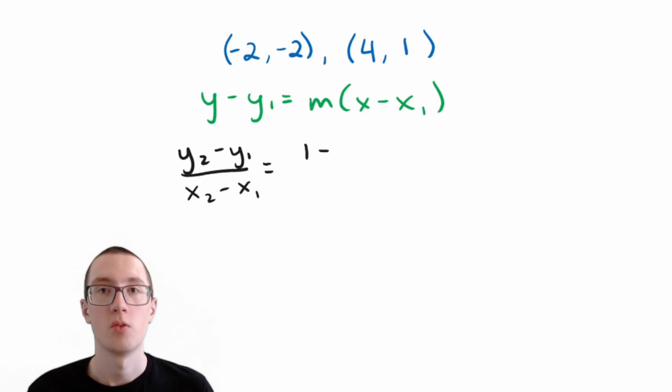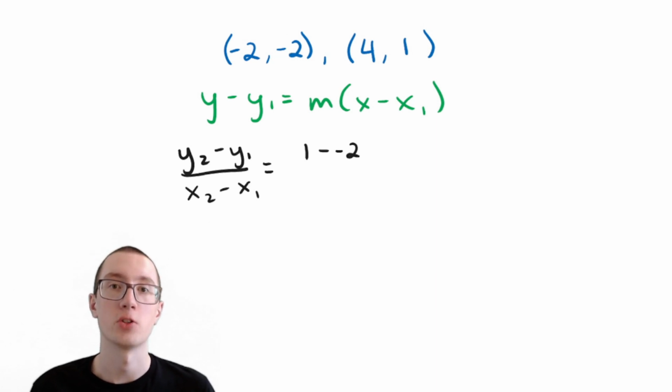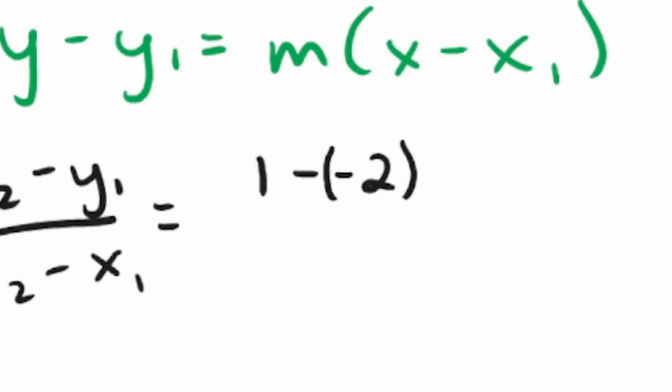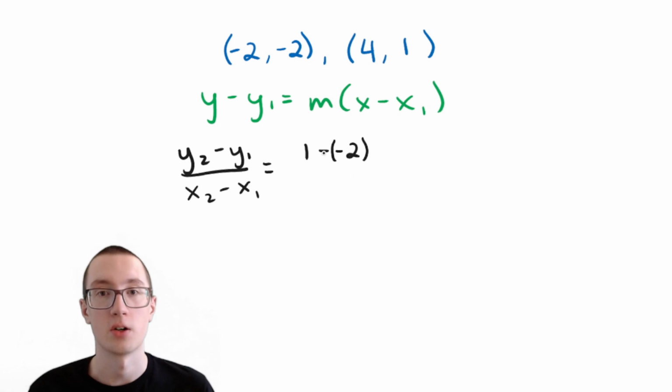Now y1, the y of the first point. Here's the first point. The y is -2. And notice how we have two negative signs here. Remember, this has a negative sign, but there's already a negative sign in the slope formula. So we need to have two negative signs. And I'm going to go ahead and put this in parentheses, just so that we remember that these are two